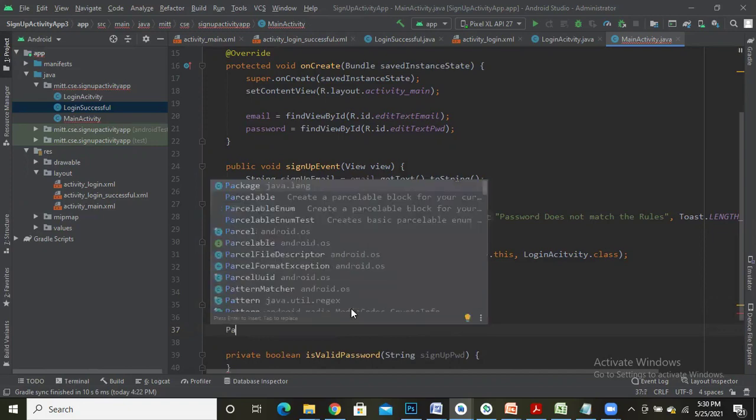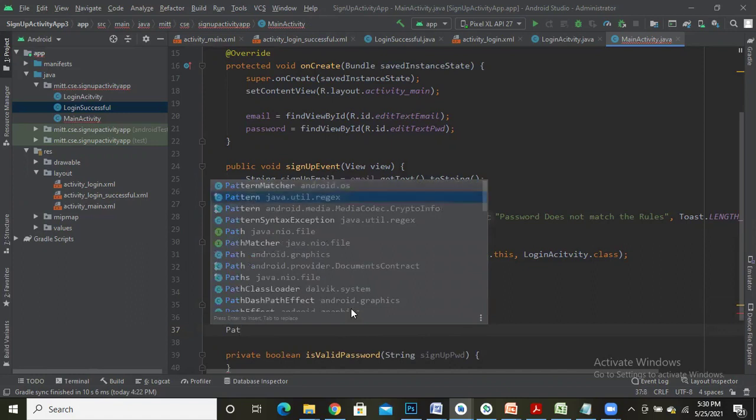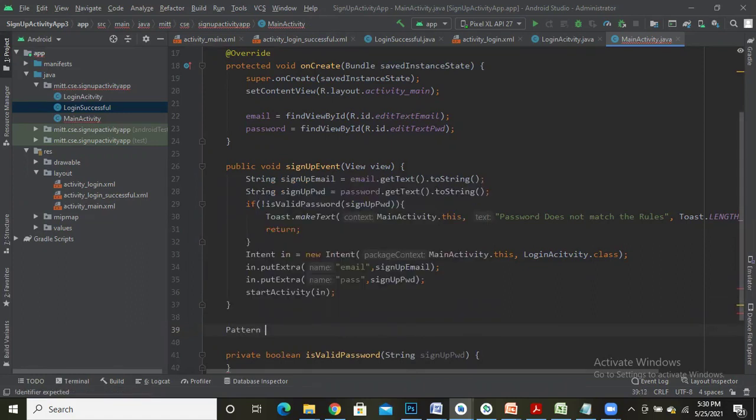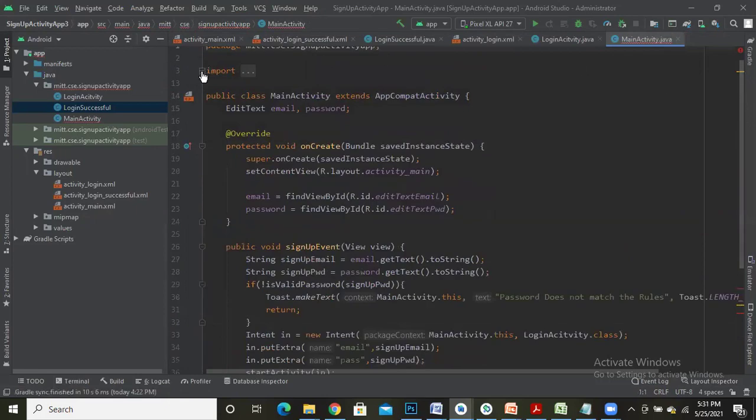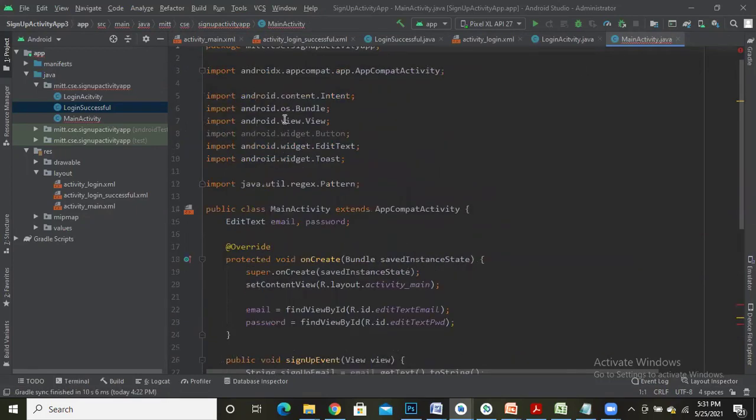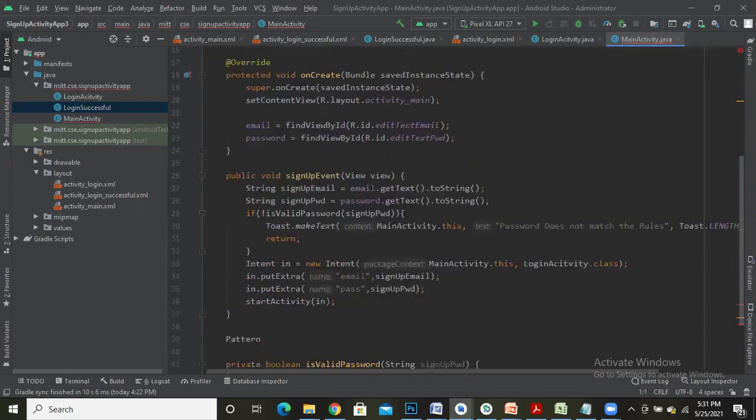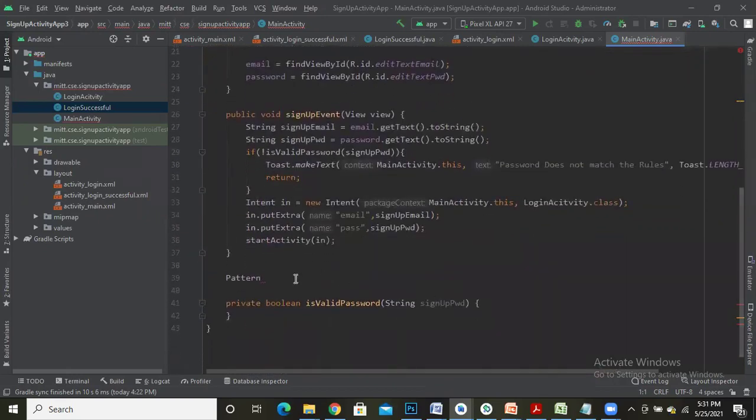You can see that the Pattern class got imported, which is present in java.util.regex. So that's the package where your Pattern class is present.